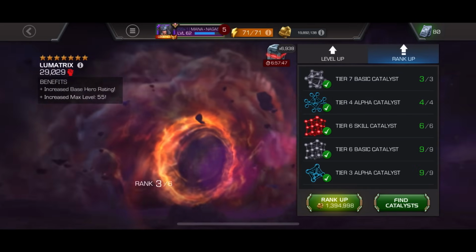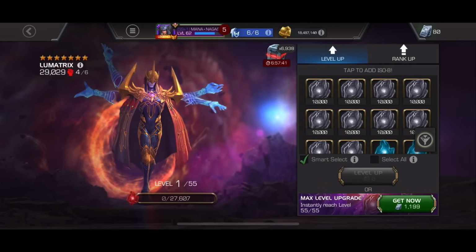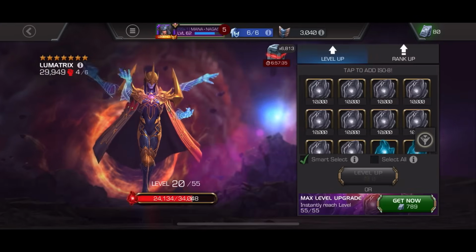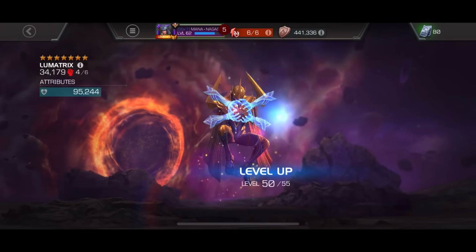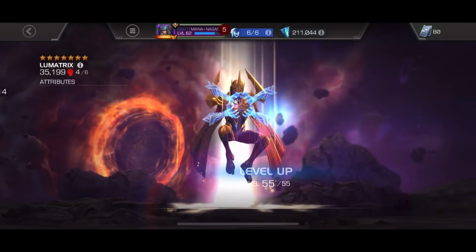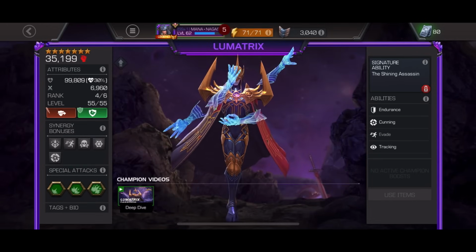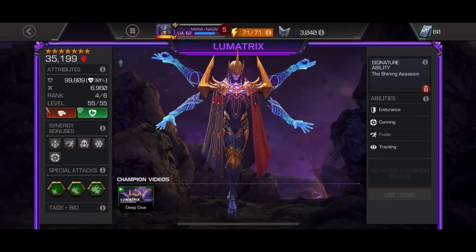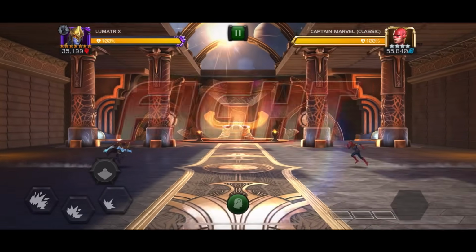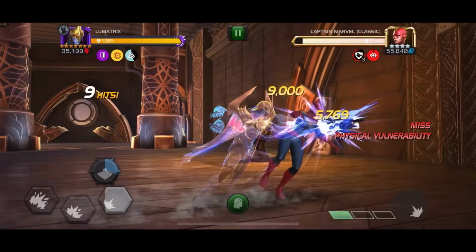Alright, so this is my newest rank 4 champion, Lumatrix, and Lumatrix is a character that I didn't really know much about until I played with the character for a bit, and the second I played with Lumatrix, I was like, oh my god, this champion is unreal to play. Genuinely one of the most fun champions in this game, and I was like, okay, this has to happen. They are good on attack, they have incredible offensive potential because they are just so fun to play. So I was like, yeah, this will be an Alliance or defense rank up, but